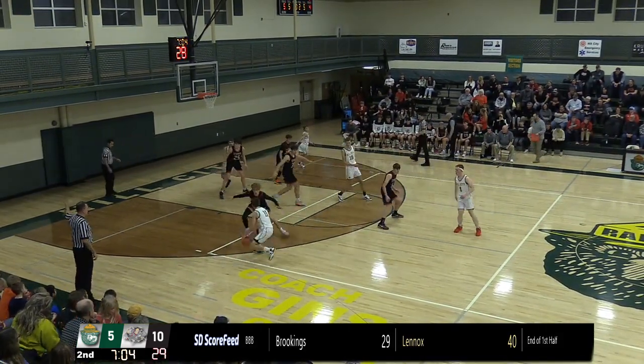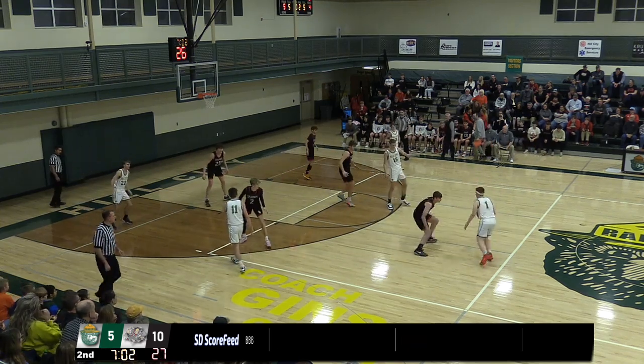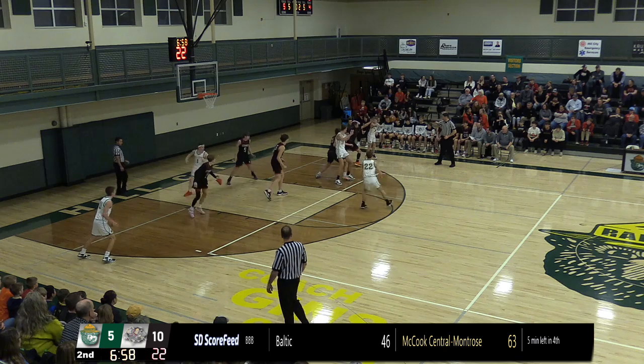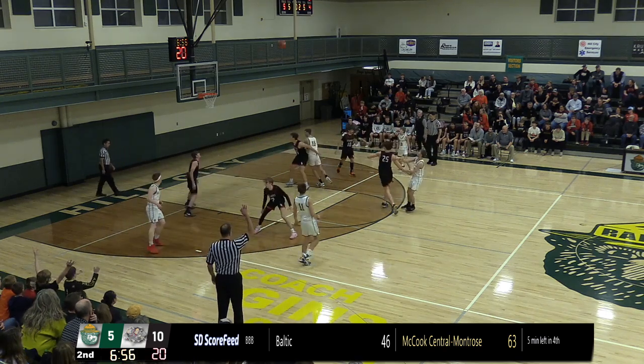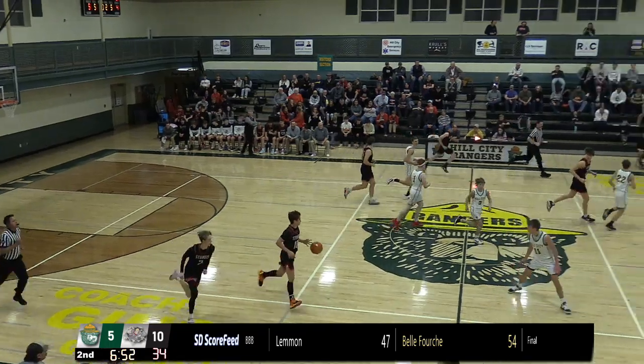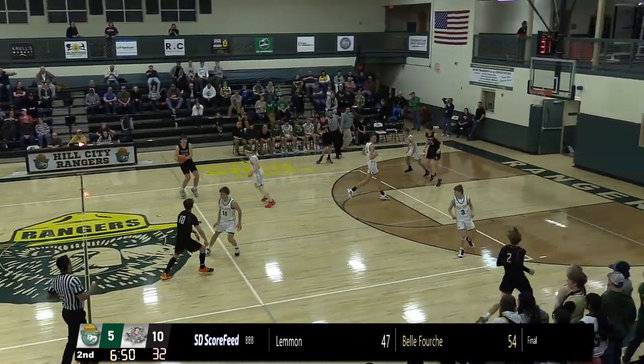You can see Sturgis really helping in the post every time the ball goes to the wing. So they're going to make it hard for Hill City to get the ball to the post there, and Steckman, that shot just misses. Looks like how his dad warms up during